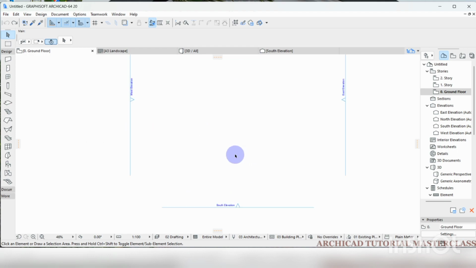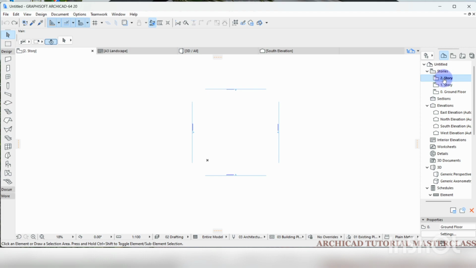This is in the ground floor, so we want to view the first floor. So we're going to hold our shift and press F2. You see, it's in story 1. So if you hold it again and press F2, it will go to story 2. Now you see, story 2 seems to be